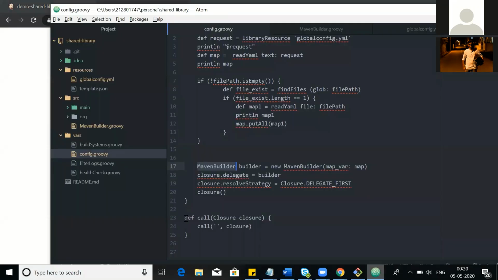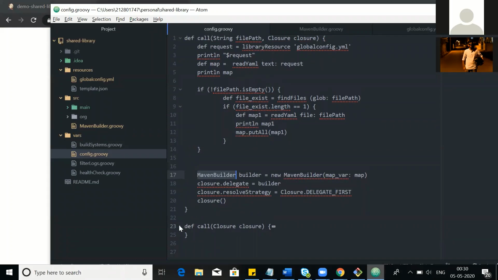So this call gets executed, and we are redirecting the call to the same method with an empty string. So this portion of code will not get executed, and the map will not get overridden. Then basically the same thing happens.